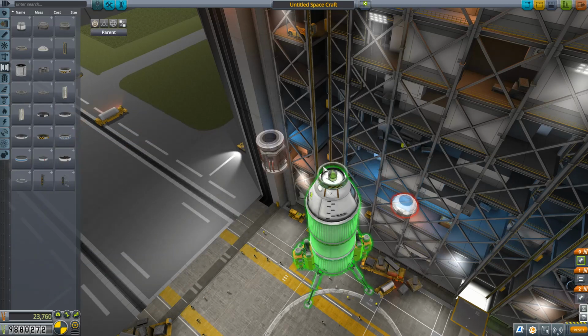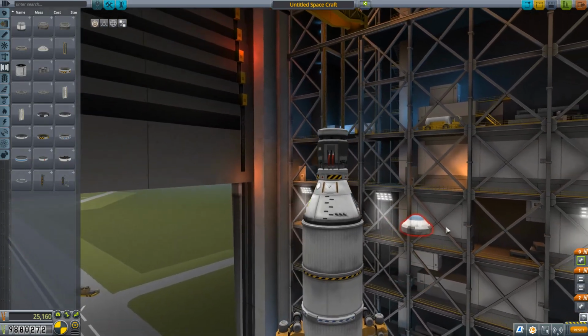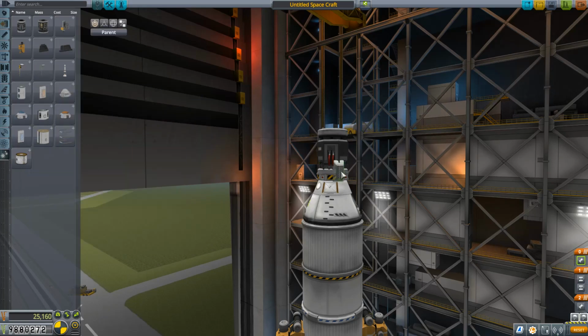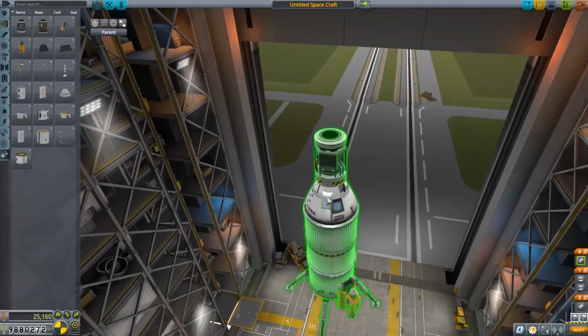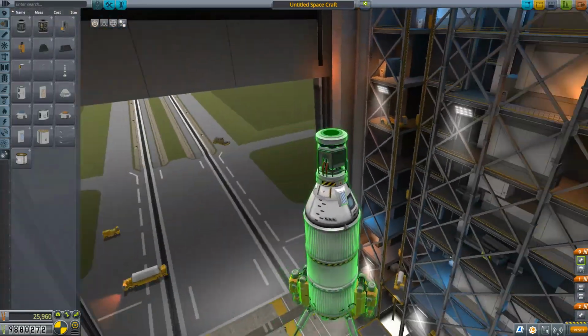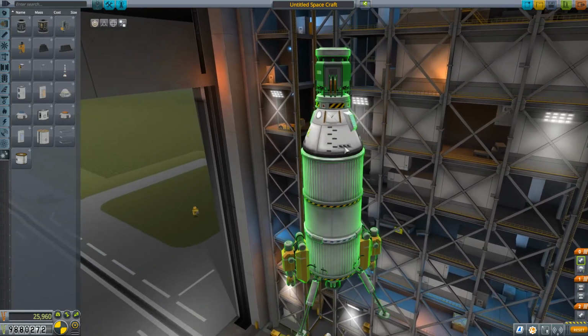So let's put this here, so that we can release it, and then we'll take that one off. And we'll put 2 of these parachutes on that. Perfect. Okay. So we don't need ladders if we're on the moon, because the moon has low enough gravity